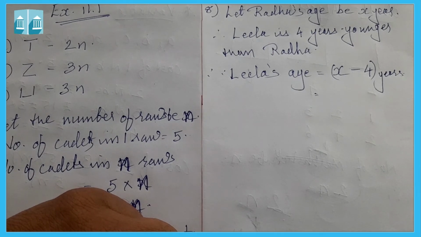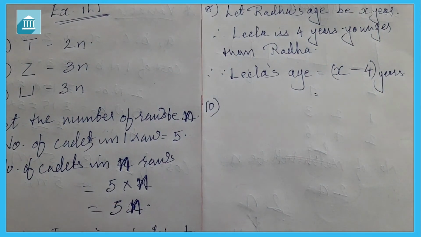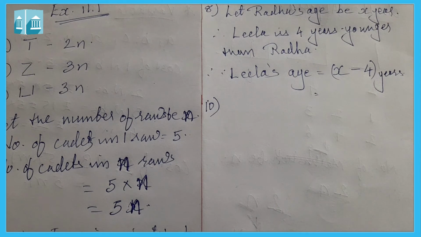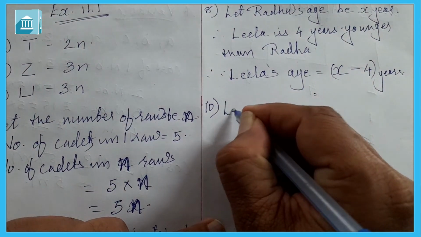Now let us see question number 10. Oranges are to be transferred from a larger box into smaller boxes. When a larger box is emptied, the oranges from it fill two smaller boxes until 10 oranges remain outside. If the number of oranges in the smaller box is taken to be x, what is the number of oranges in the larger box? Now first here what we have to do, it is already given that